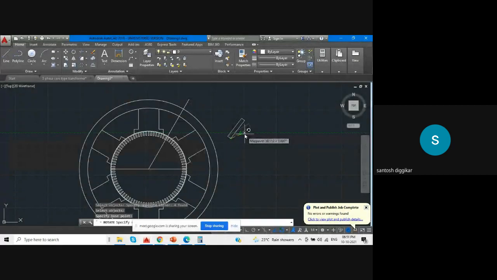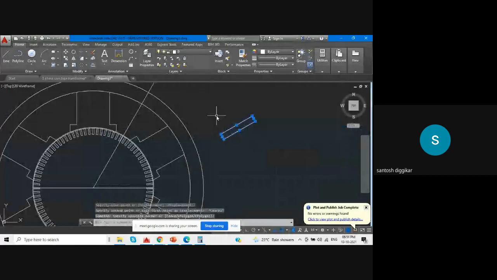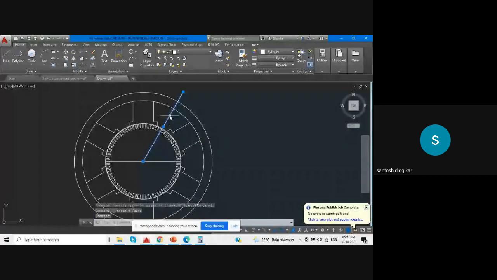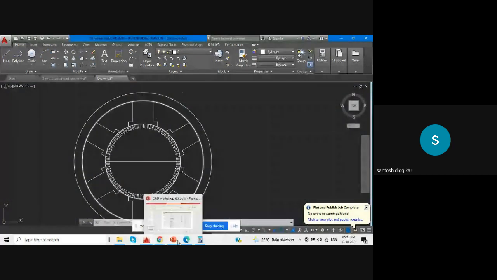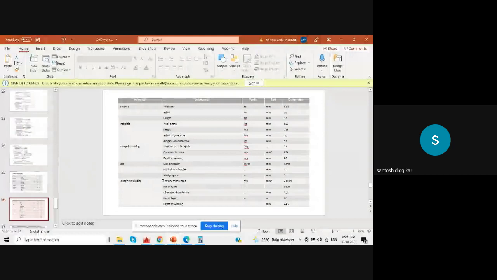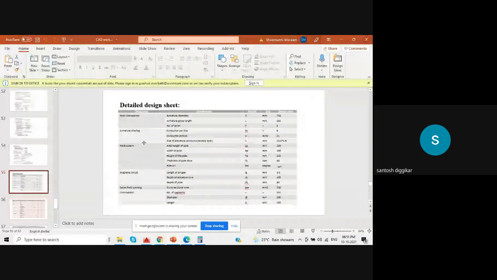So angle of this one. So to place the interpole, first we'll place the windings, then we'll place the interpoles. First we'll place the winding of the main pole. So main pole winding, later we can place the interpole. So main pole winding is what? Armature winding. So armature winding is